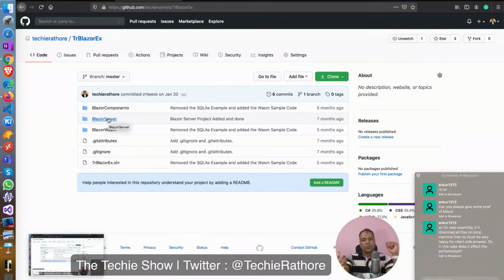The same common components can be run in Blazor WebAssembly as well as Blazor Server applications. Okay,